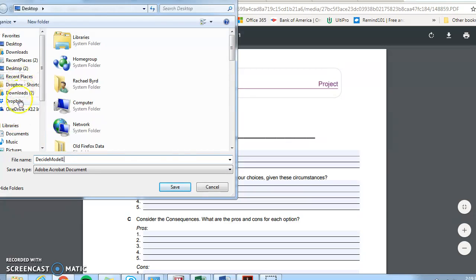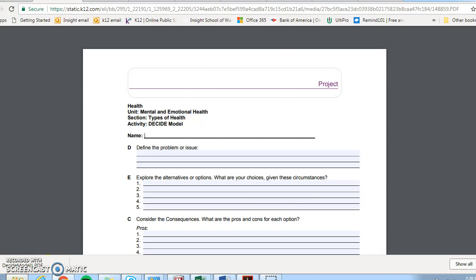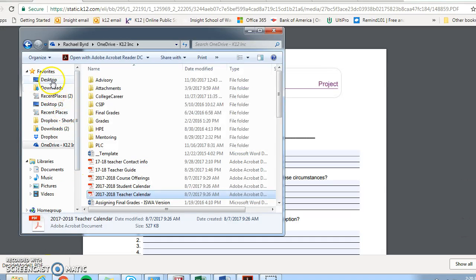to your desktop or in whatever folder you want to. You can create a new folder or just save it to your desktop somewhere where you can find it. Remember what you called it so that you can go back and find it and just hit save. Okay, you'll notice it downloads here. Don't open it down here in your download bar. Go down to your folder, open up your folder,